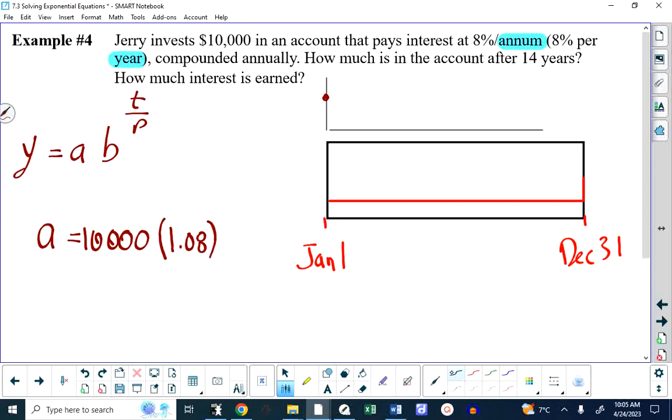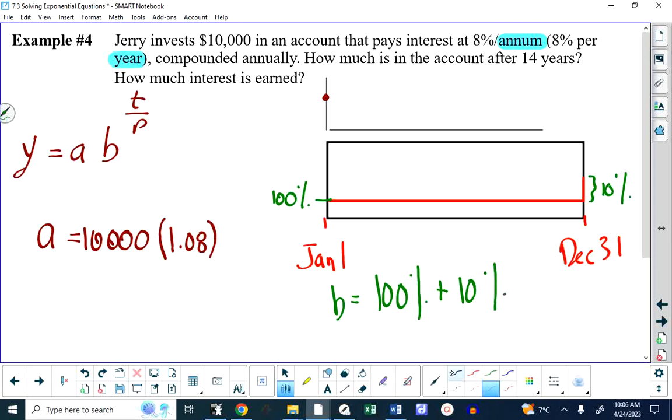If this little thing here is 10%, and this was 100% of the investment to begin with, then you have to multiply 100% by 1.10 to get 110%. Or you could say B equals 100% plus 10%. So B equals 110%. But percent means divided by 100. So you take 110 divided by 100, you get 1.10, raised to the T over